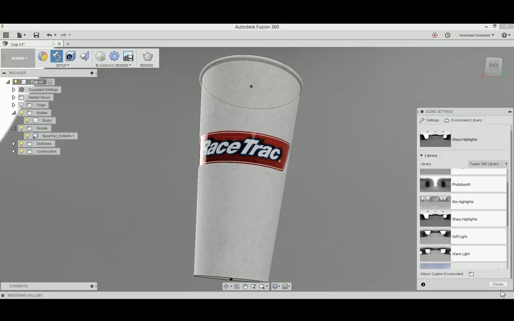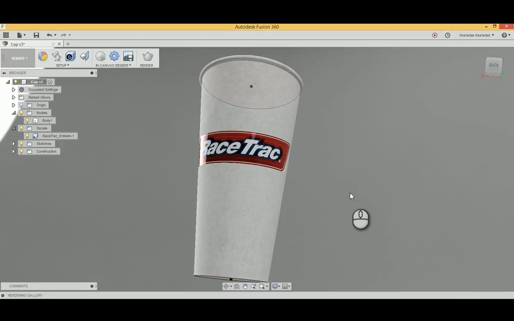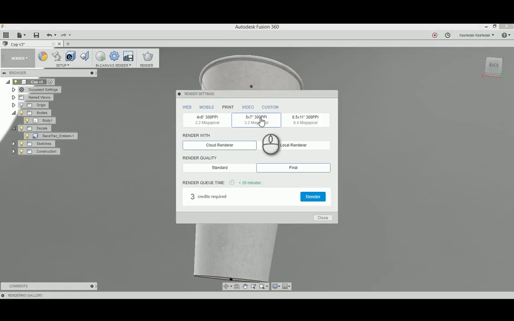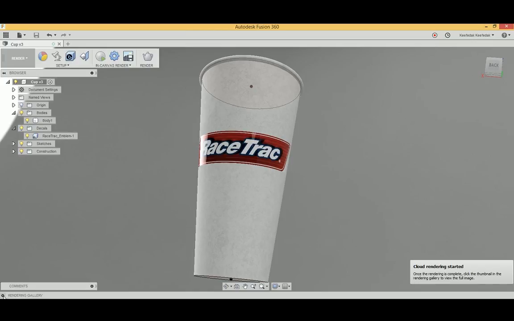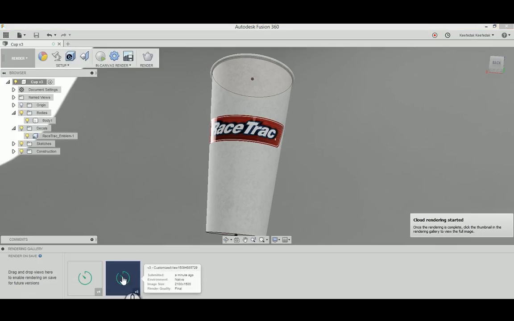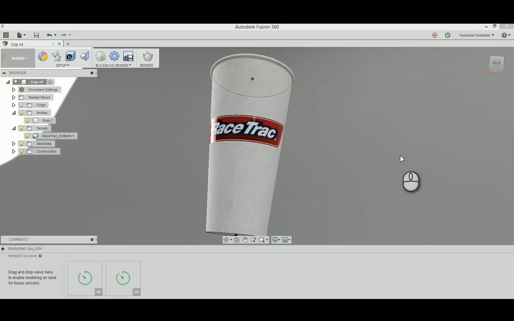And then here I've composed my image, and I'm going to hit render again. And I like this one, just to get it done quick. And then in the render gallery, it's going to start to show up down in here. And right now it goes to the cloud. At this point, you literally could shut down Fusion 360, walk away, and it will still render for you. And then the beauty of it is,